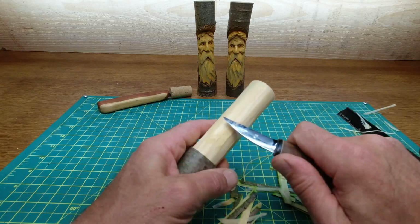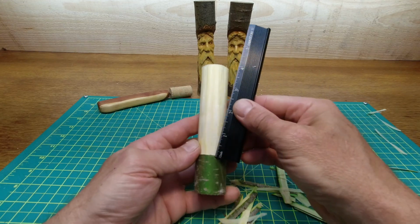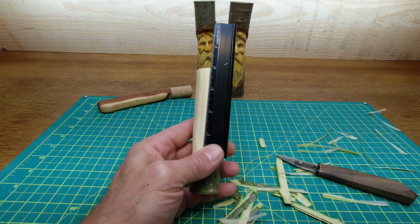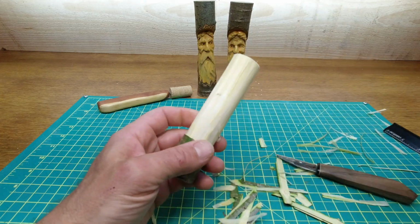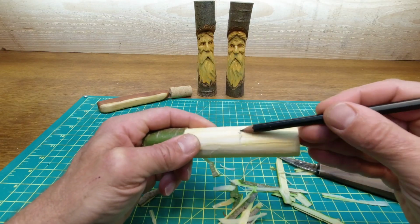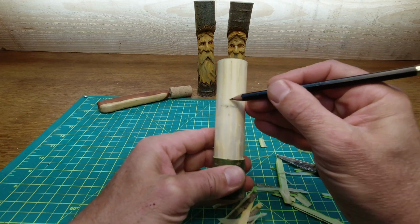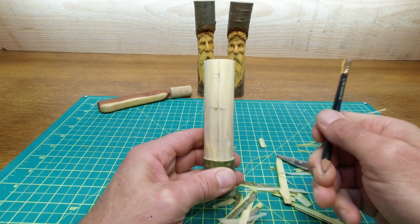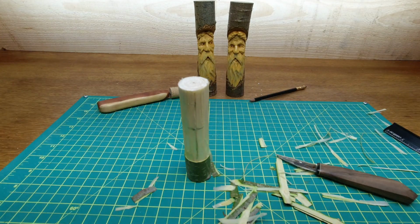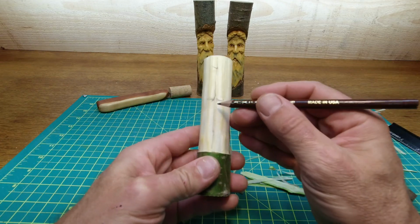But anyway, about 4 inches here. Yeah, about 4 inches. So let's just put some marks on here. Halfway, 2 inches. I should try to find a center line here. You know what I'm gonna do? I'm gonna go get my indelible pencil. This is an indelible pencil. I got this at Lee Valley, and well,